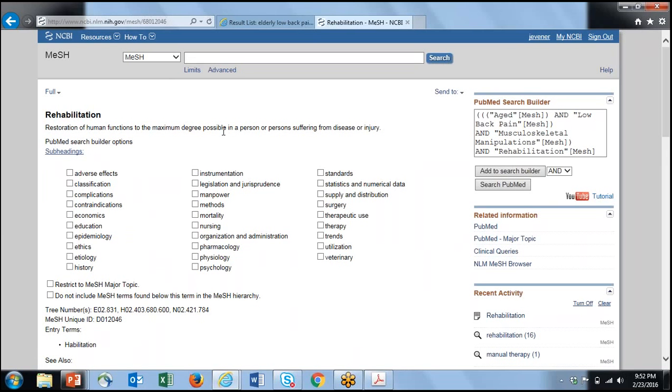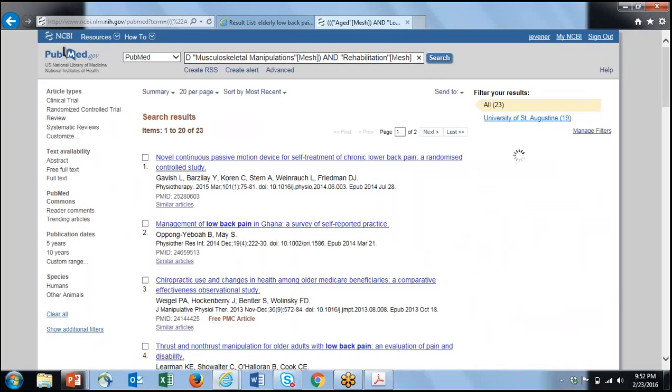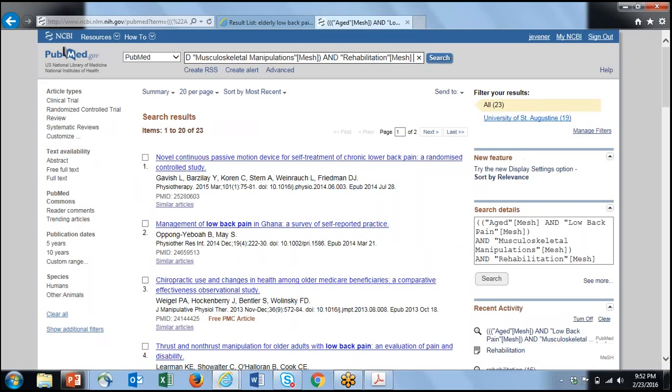So we've entered in all of our terms. We found the corresponding mesh terms for all of the keywords that we came up with. They're all over here in the search builder. So now I can click Search PubMed. And remember, it's only going to be looking in the mesh list assigned to these articles. So it's not looking for these terms in the title or the abstract or anything like that, only in the mesh subject heading list. So now we're down to 23 results, which is, if 200 and something was manageable, then